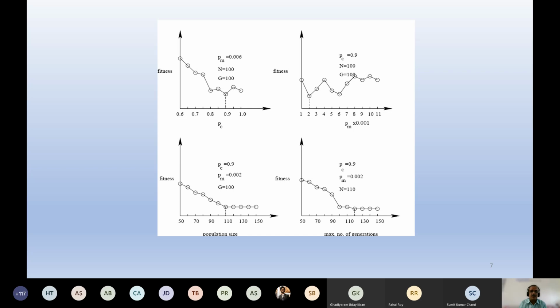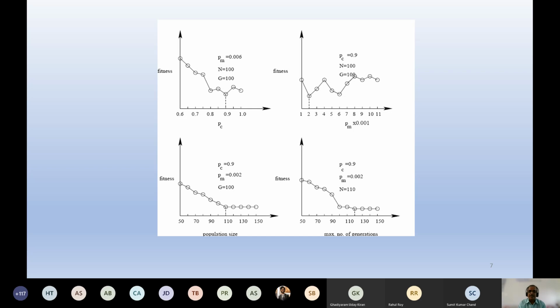Next, you concentrate on the population size. If the population size is small, GA search cannot be proper. There could be a chance of premature convergence. On the other hand, if the population size is very large, the search will be proper, but at the cost of too much computation. GA will become slow and it will take a long time, a few hours or a few days, to give you the globally optimal solution.